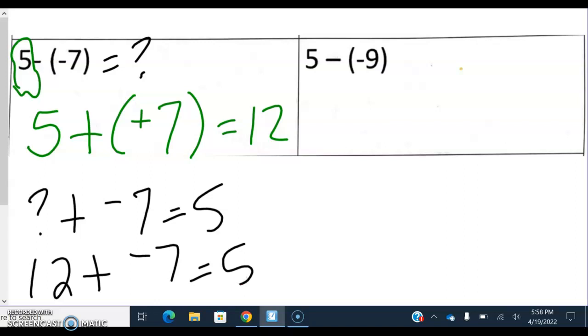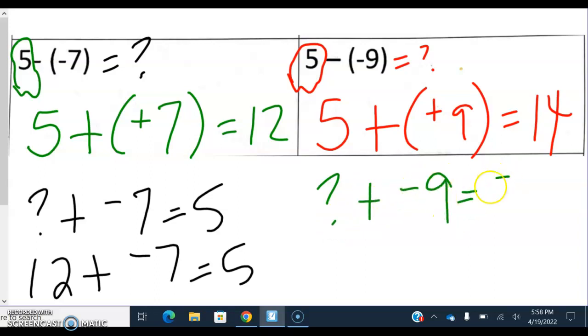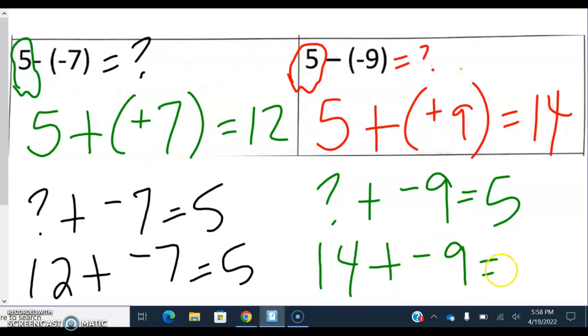Let's add the opposite with this one. 5, force field the 5. Adding the opposite of -9 is +9. And 5 plus 9 is 14. If I wanted to use my fact families to check, I would say question mark plus -9 equals +5. Well, what would that have to be? 14 plus -9 equals 5. So there you go. Let's see, we've got more. I think that's it for this. So you finish up the next parts of your paper, both